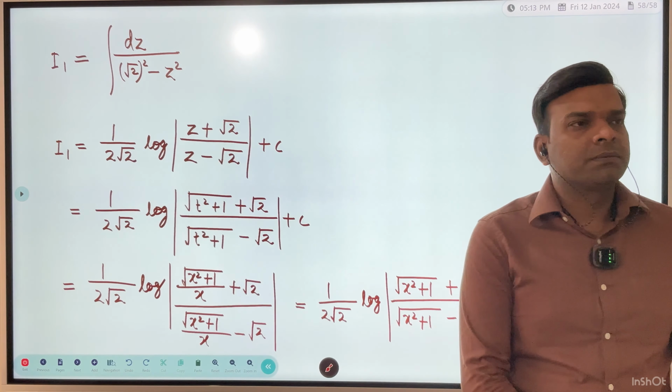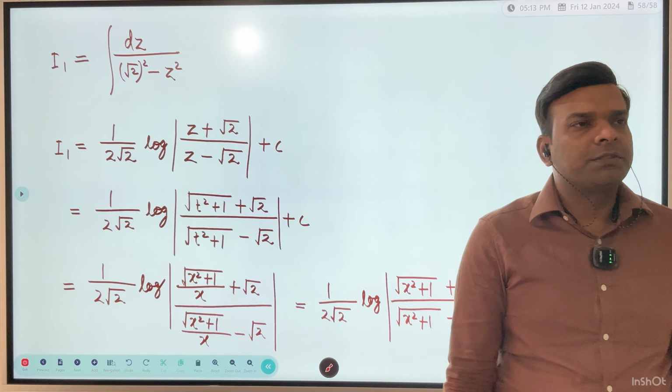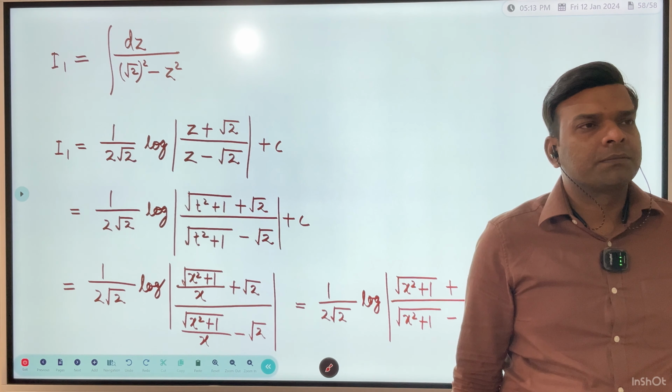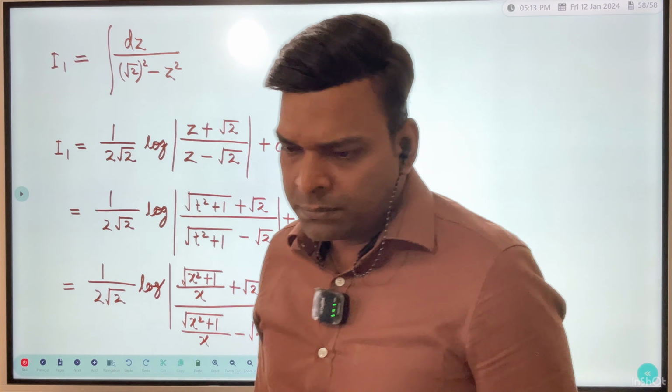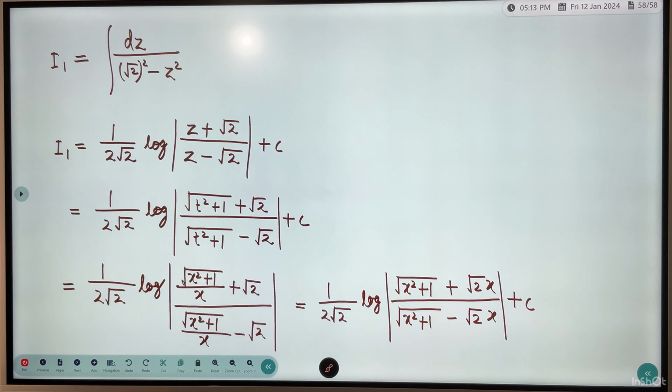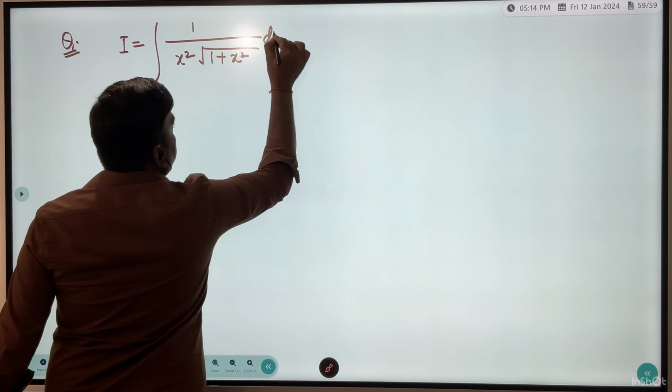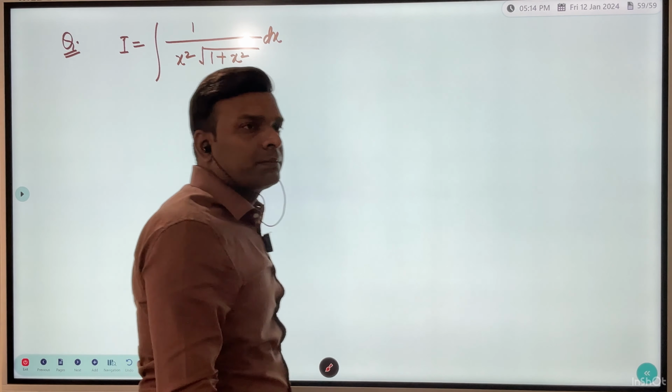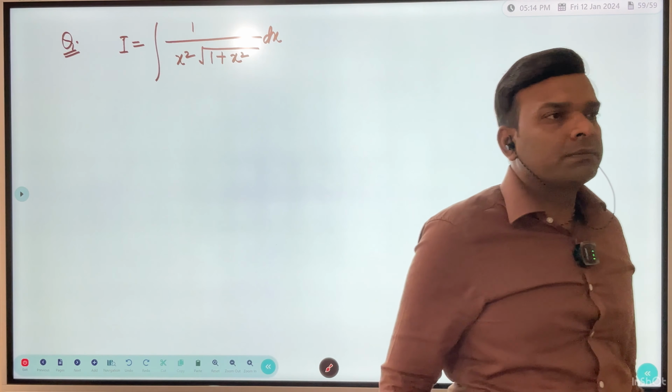Hence finally we have got the answer as 1 by 2 root 2 into log of root under x square plus 1 plus root 2x divided by root under x square plus 1 minus root 2x plus c. So finally this is the answer. Now we can take one more problem for self evaluation. Integral 1 upon x